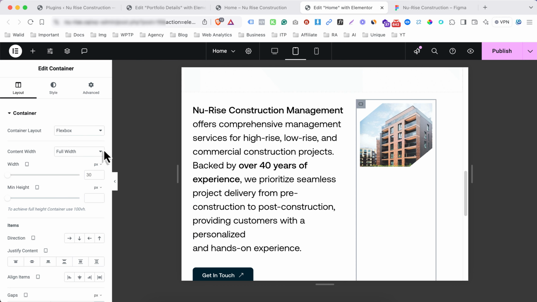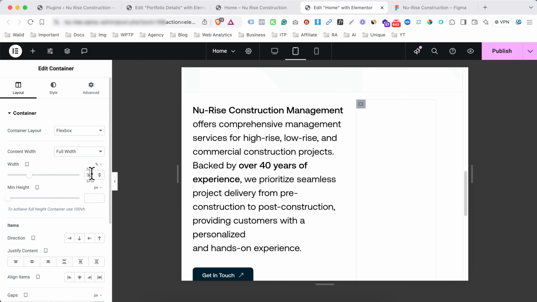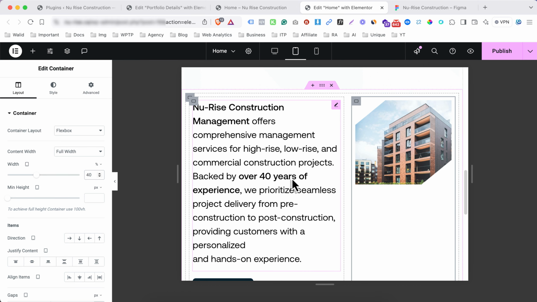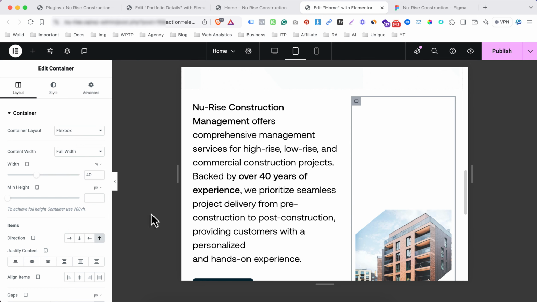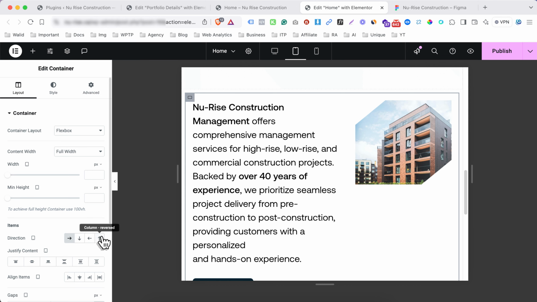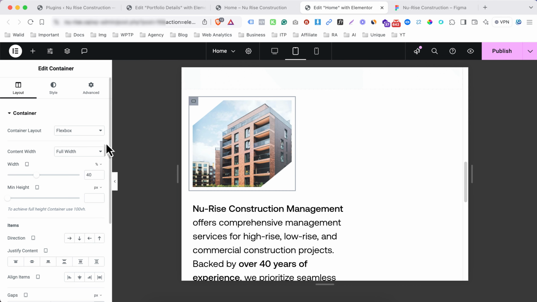60 and 40. 60 and 40 is good. Okay, also we have the option to change it. If it doesn't look good, then we can change the direction, like this way, not here actually, sorry. Click here, and this way this section is